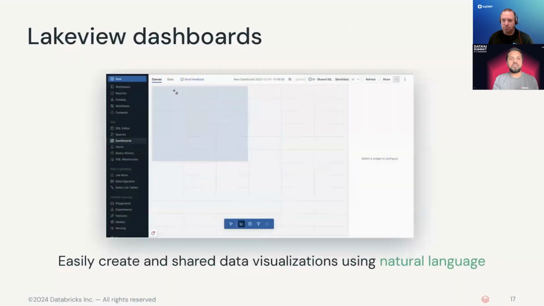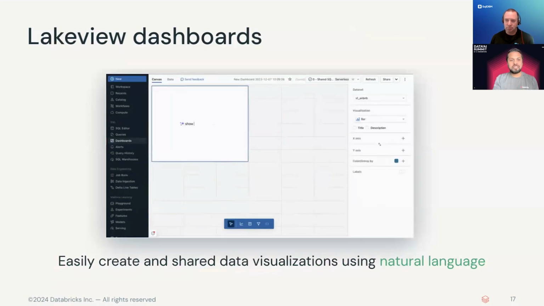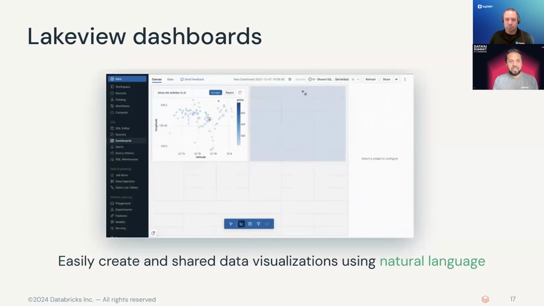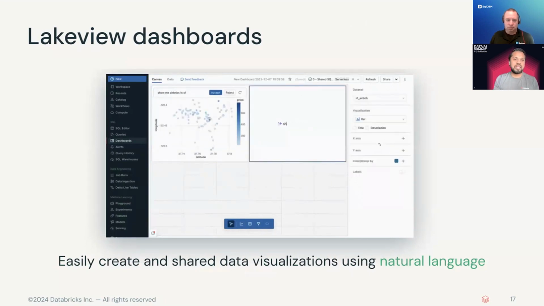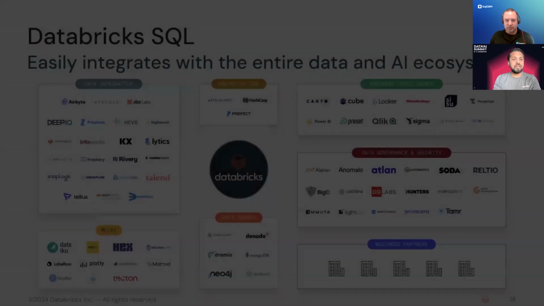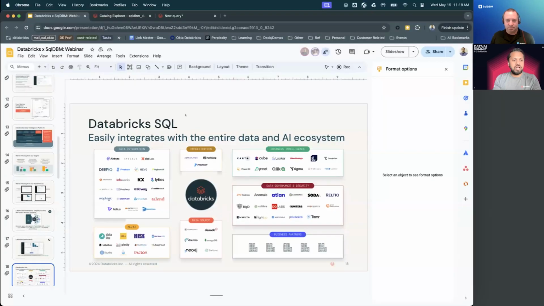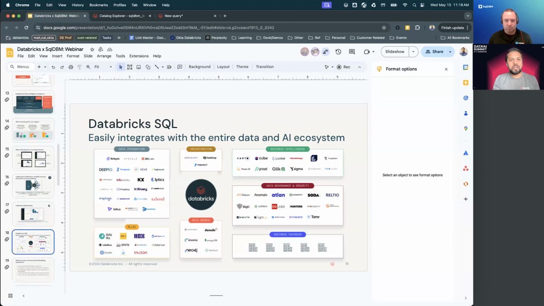Again, with Unity Catalog, it will be all secure. And this is a small example of a dashboard where somebody is asking a question. You can have data in the backend and type your question, and it will build a chart for you. Nice. Now, there are other slides, but before I go, I'll quickly show what is in our